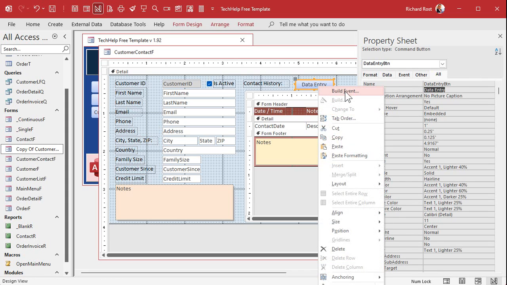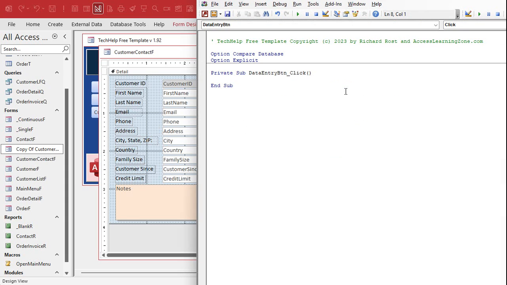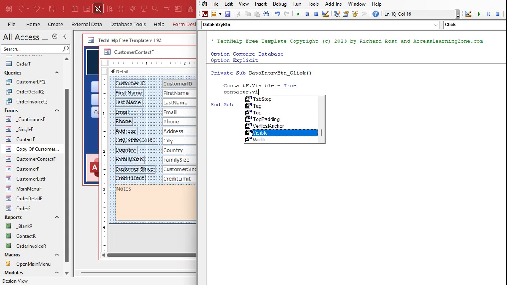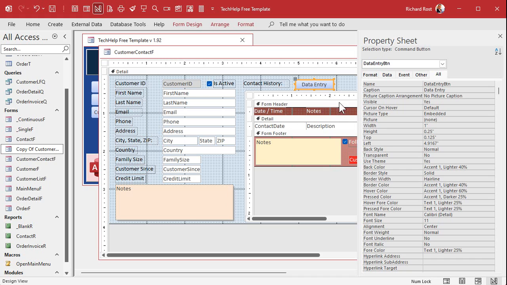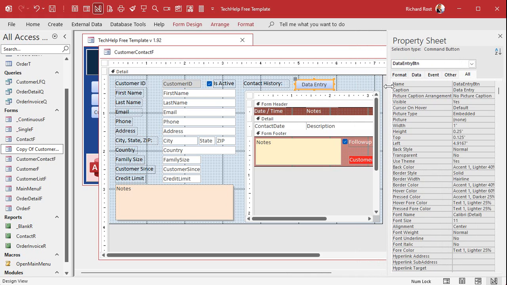Right click, build event. That brings up my code builder. Okay. Contact f dot visible equals true. Contact r dot visible equals false. Okay. That's the visible property for that contact f and contact r object, the subform and subreport that we put in here earlier. Okay. Now, copy, paste that button,